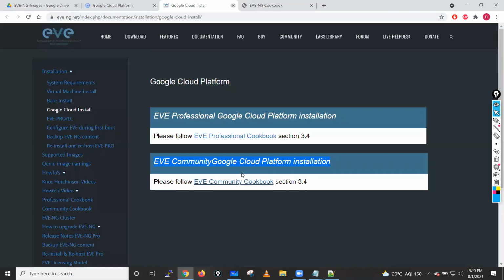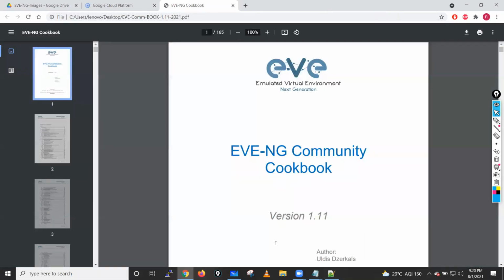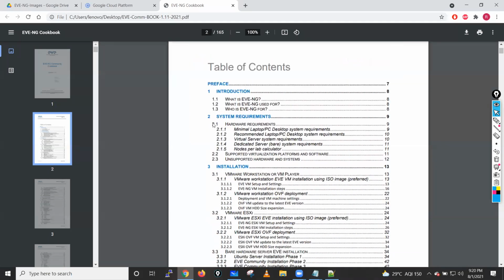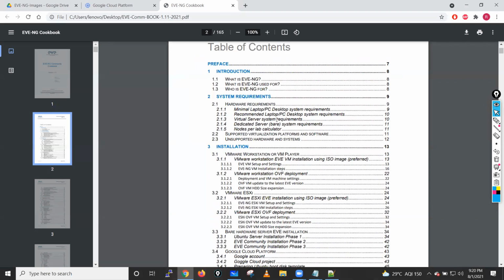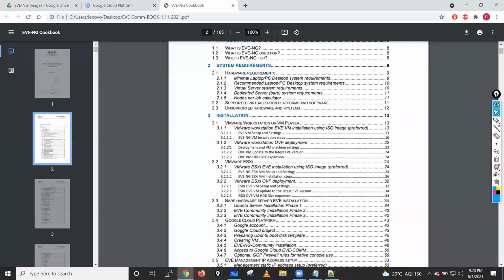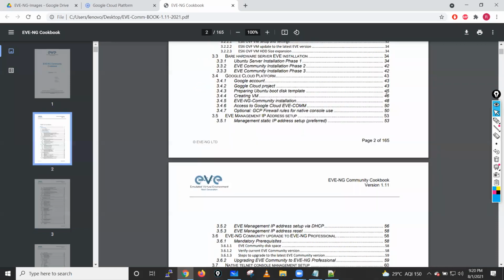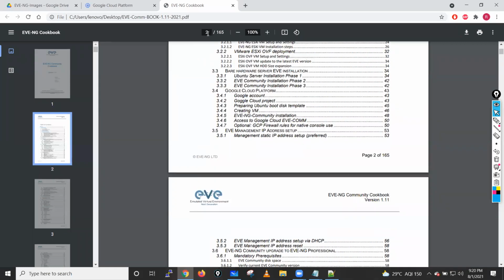Okay, just go into here. If you see here, they start by showing the installation in VMware and ESXi, right? You can refer to this book if you want, guys, for installation. So just look for the GCP. See, the Google Cloud option starts from page number 43, right? So just go to page number 43,